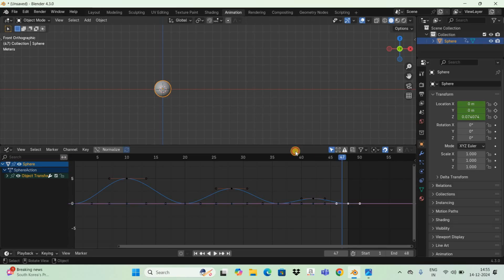Now, the thing is, it's not actually looking like a bounce. That is the main problem. It is kind of looking like it's floating in the air. It's not looking like a bounce. So what do you do to make it look like a bounce? Okay. So what you basically, first of all,